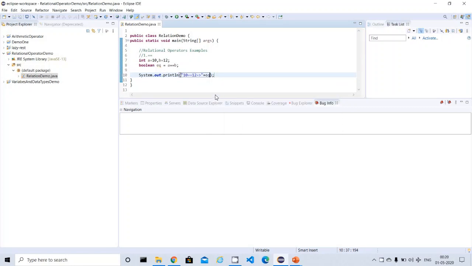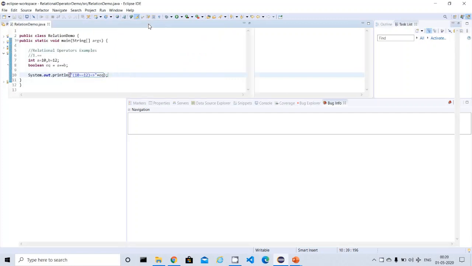So this 10 is displayed properly. Whatever is available in the code, it will display as it is, and I'm trying to print the Boolean value. So 10 double equal to 12, whether this is equal or not. Maximize it.